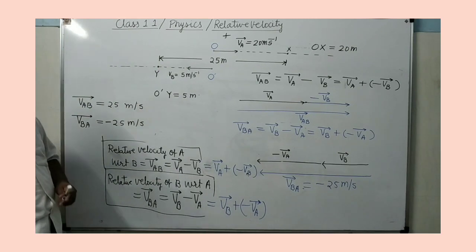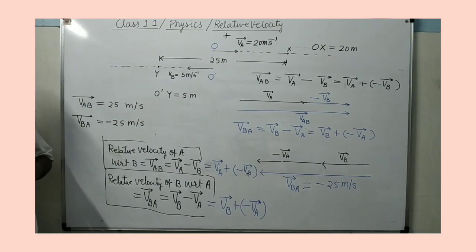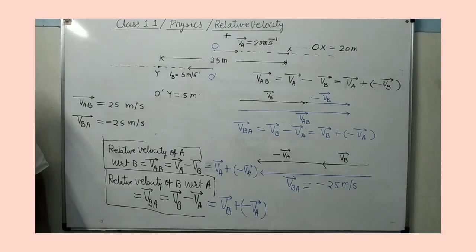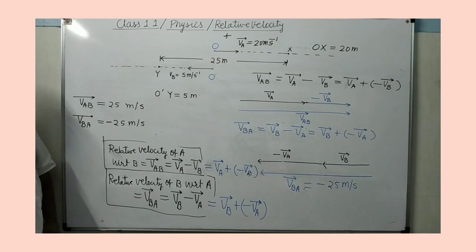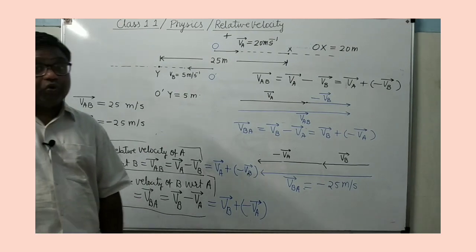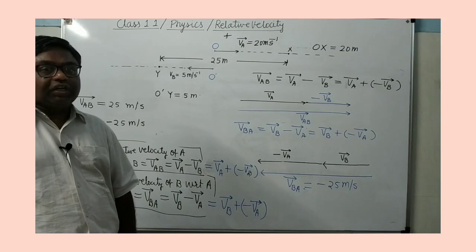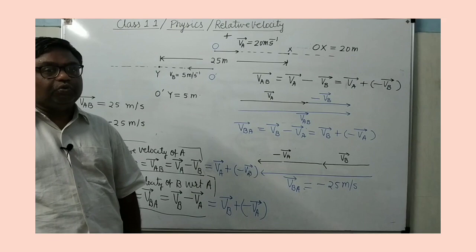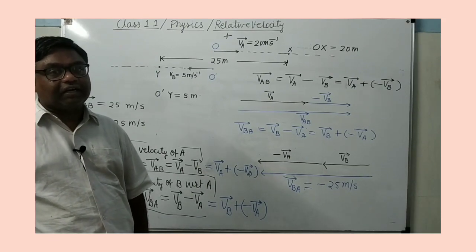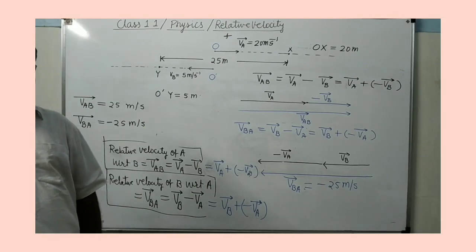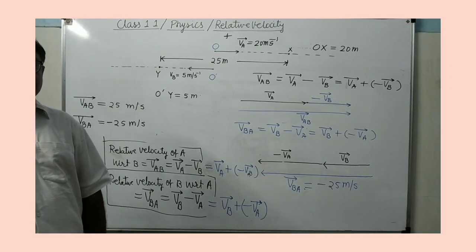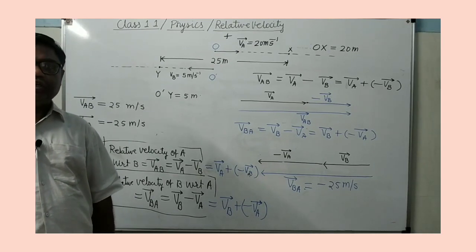Means simply you remember that suppose you have to find the relative velocity of A with respect to B, then in the velocity vector of A you will add negative velocity vector of B. Means जिसकी relative velocity find out करनी है उसके velocity vector में जिसके with respect find out करनी है उसका negative velocity vector add कर देंगे. This is the general rule. It's clear? This I am telling you in Hindi.